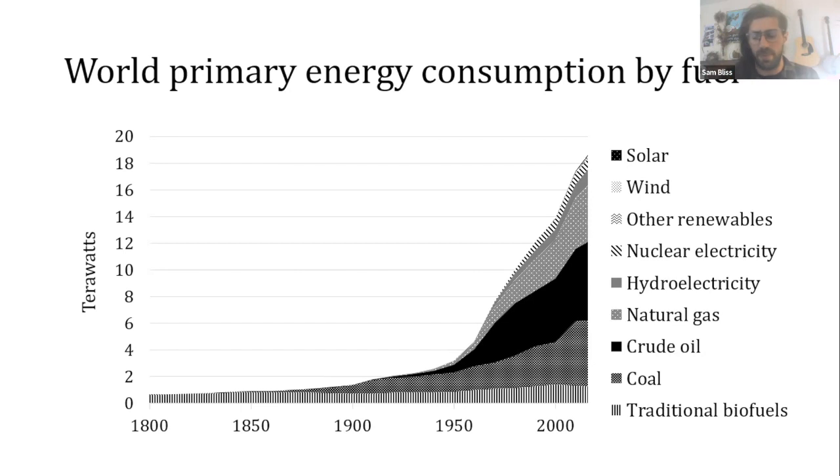and then nuclear power plants came online in the middle of the 20th century, and they were damming a bunch of big rivers for hydroelectricity. And more recently, there's been solar and wind and other renewable forms of energy that are this tiny little sliver at the top of the chart. I wish I could point to it for you all, but this only goes to 2010, so that little sliver has grown substantially over the last 10 years, but it's still a sliver. 84% of the world's energy comes from fossil fuels,